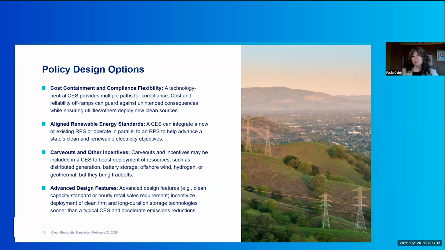And so as you're developing a policy in a state, you just need to make sure that you're balancing those trade-offs. So for example, as I mentioned earlier, the broader the suite of technologies that are allowed toward compliance, the more flexibility a utility or power provider has to meet that standard. And so when you're saying a specific part of the standard has to be met utilizing a specific technology, that can limit some of the compliance flexibility mechanisms within the state.